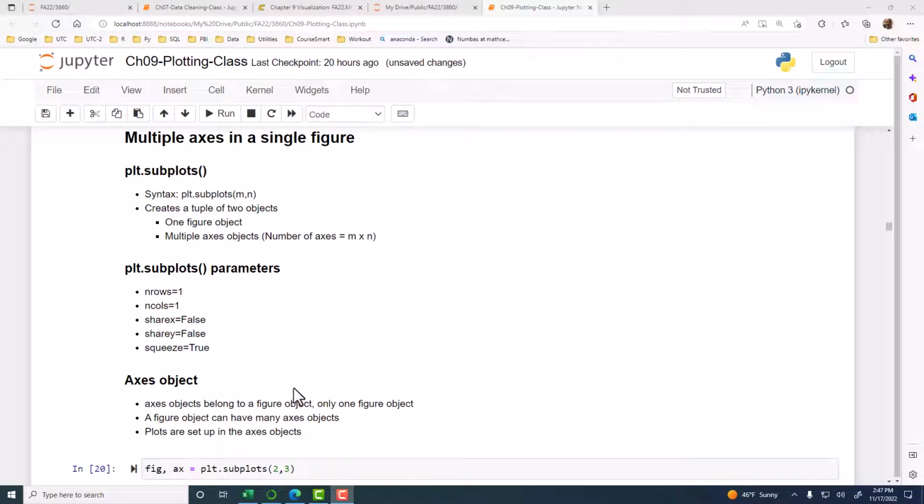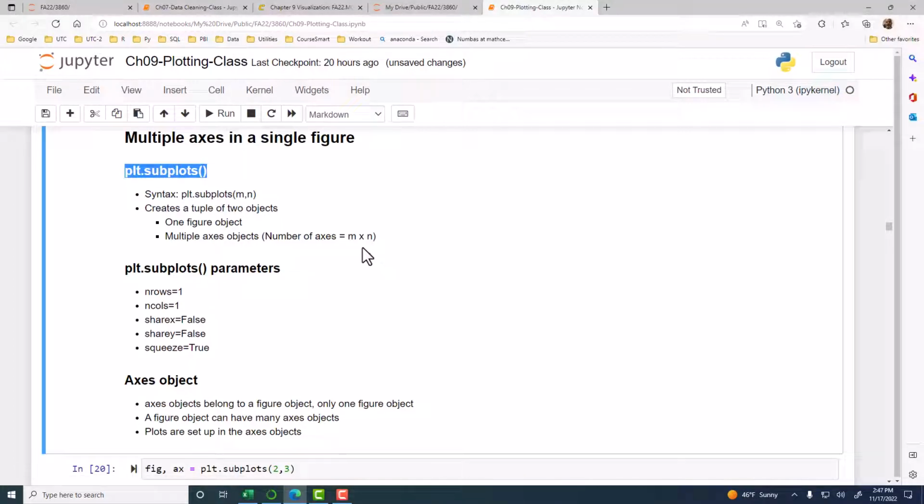Now we can add more than one plot to a figure, right? So we have what is called plt.subplots. That's the command that we can use, and that command will create both. So this is slightly different from before. Before we did figure and then added axis. Now plt.subplots,